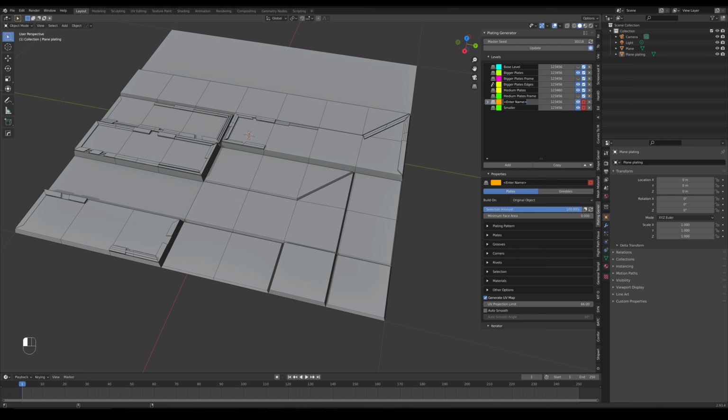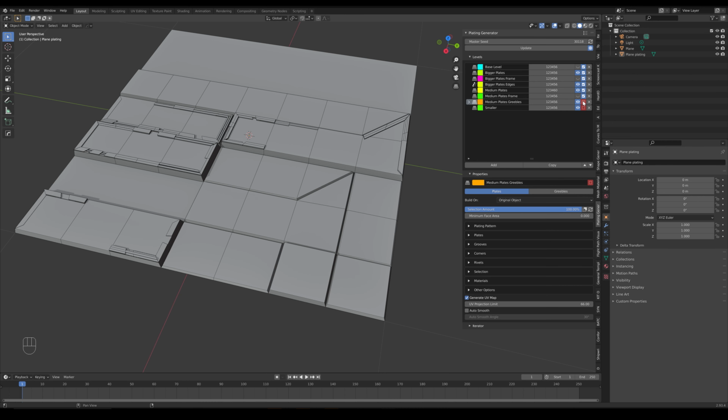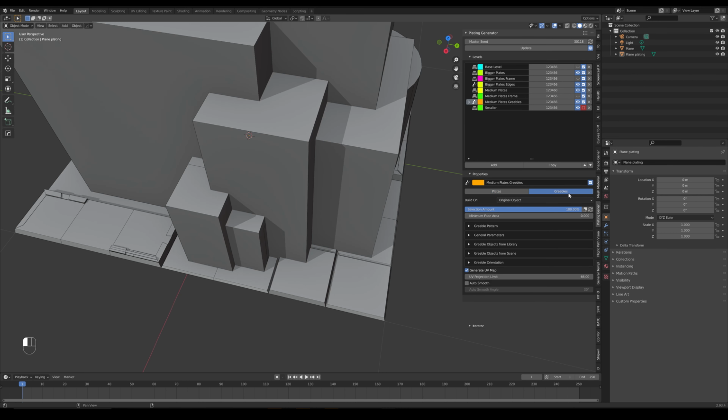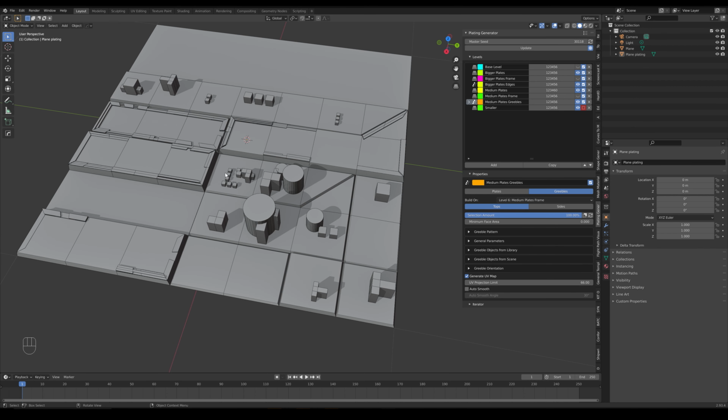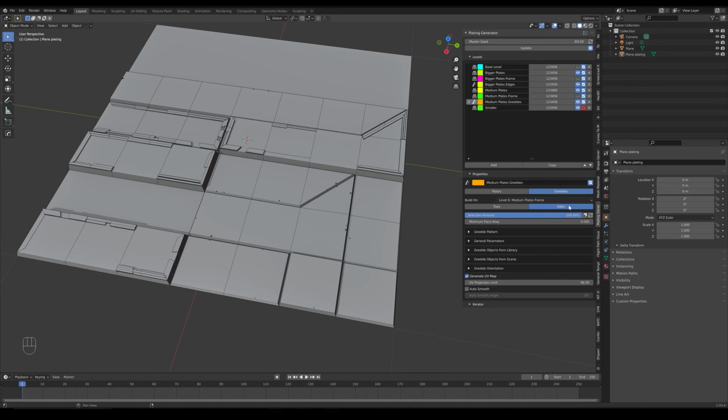So if we call this medium plates greebles, and we will check that as well, and it's set to plates at the moment, but we actually want greebles. That's probably not what we want. We want to build them on the medium plates frames, and we don't want to build them on the tops of the plates. We want to build them on the sides,